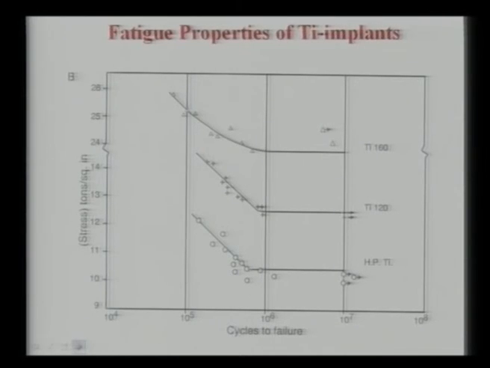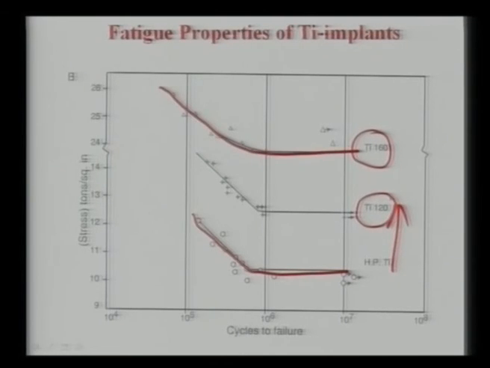What I will emphasize here, when you plot the stress versus cycles to failure here. Now, if you have a high purity titanium, it has an extremely low fatigue value. Now, these are different alloys of titanium with aluminum or with aluminum and vanadium and so on. What you notice here is that with increasing alloying element your fatigue strength also increases. Here the unit is tons per square inch, so it is more than 14 tons per square inch, whereas in case of the high purity titanium it is roughly around 10 tons per square inch.